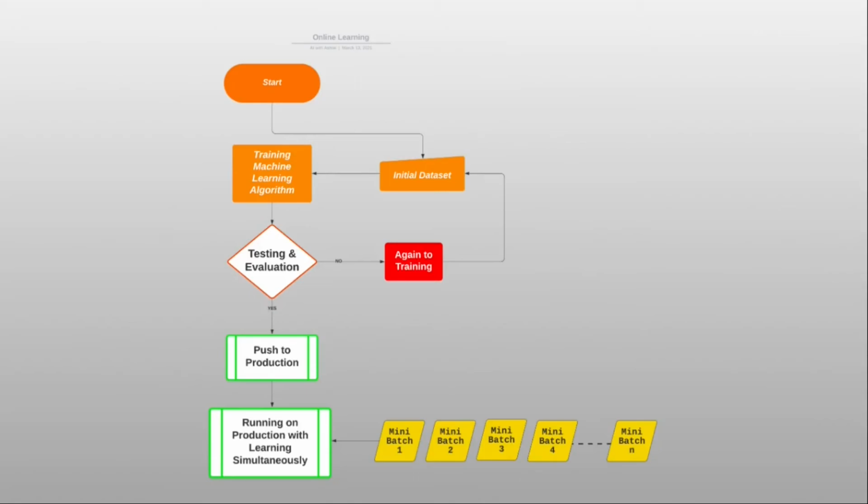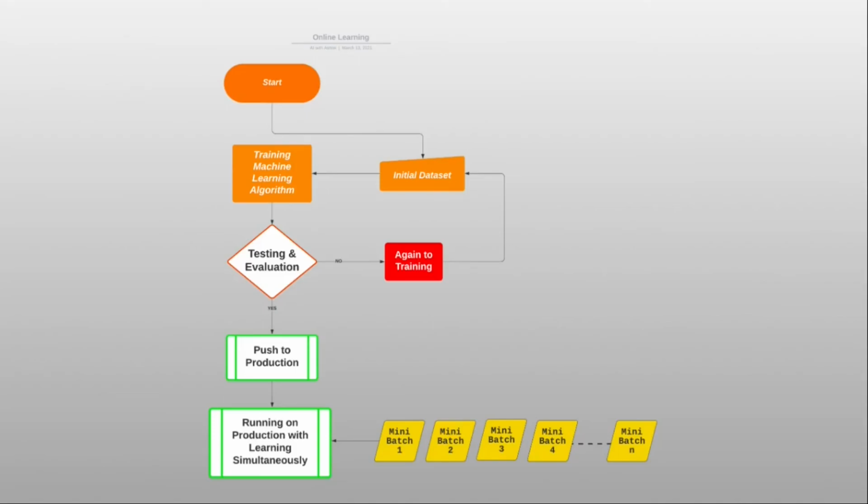Finally, if your system needs to be able to learn autonomously and it has only limited resources, then carrying around large amounts of training data and taking up a lot of resources to train for hours every day is a showstopper. Fortunately, we have a better option to overcome these problems through online learning strategies. At the initial stage of online learning, we will have a huge data set for training a machine learning algorithm, and after pushing the model to production, we will give mini batches of data, which will consume much less computing resources compared to batch learning.